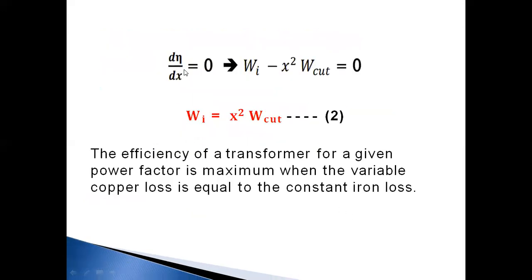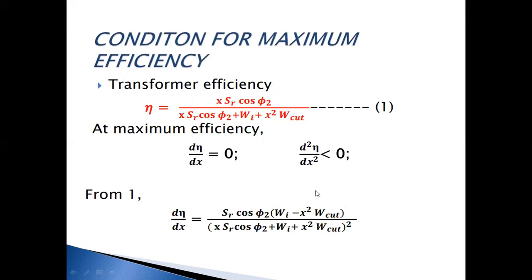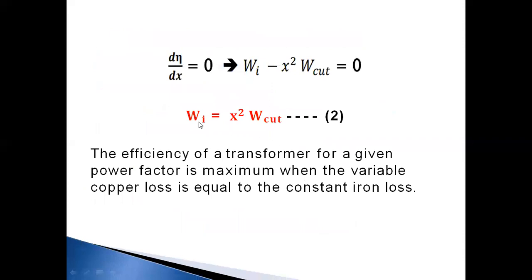So d/dx of eta equals 0. It is given that this part will be 0. If this part is 0, the entire thing will be 0. So the iron loss is equal to x squared into the total copper loss. So the condition for the maximum efficiency is that